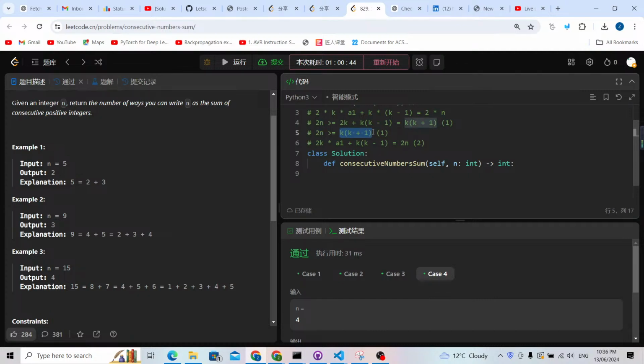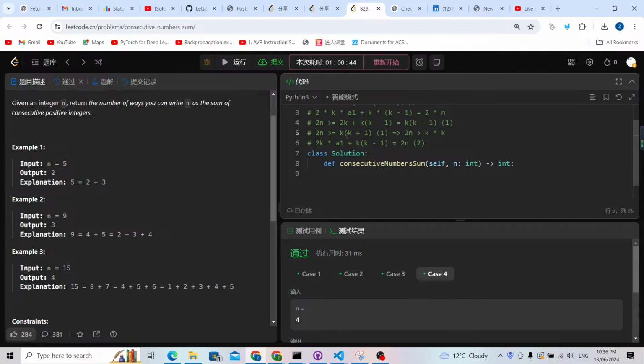And that value should be smaller. Yeah, if this 2n more than and equal to k times k plus 1, we can further get it. So this means 2n should be more than k times k, or we can make it easier. So 2n should be